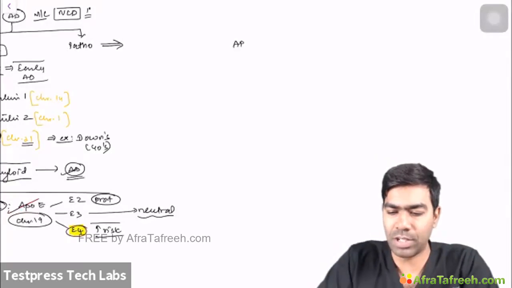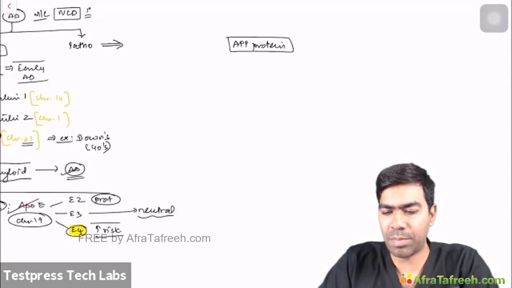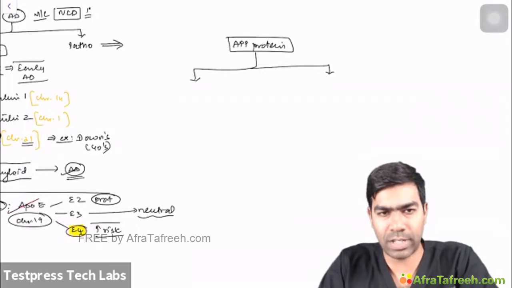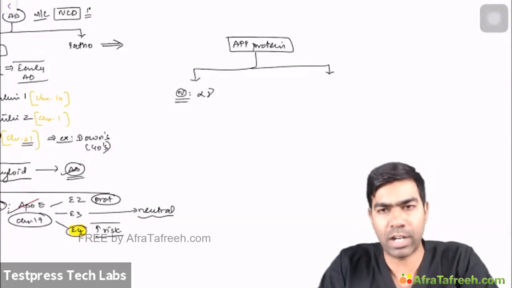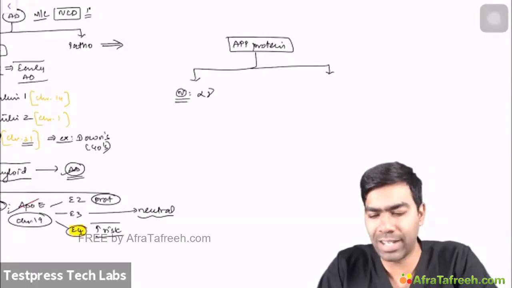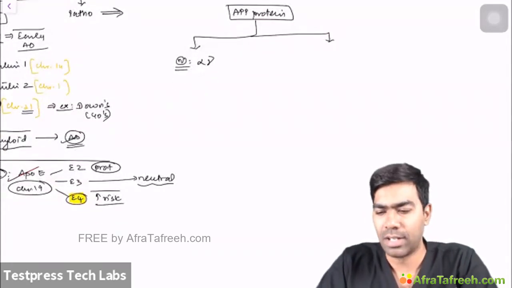So you have the APP gene, which is going to produce the APP protein, and this APP protein is basically cleaved by 2 kinds of secretases. Normally, at a baseline level, this will be cleaved by something called alpha and gamma kind of a secretase. These are 2 secretases that are going to cleave the amyloid precursor protein at a normal baseline setting. And as far as the